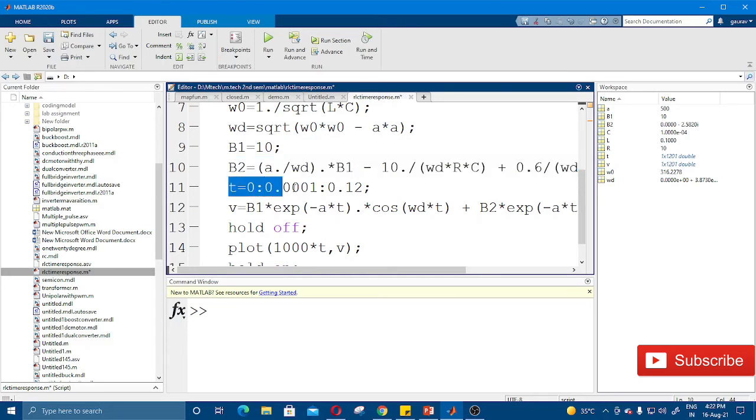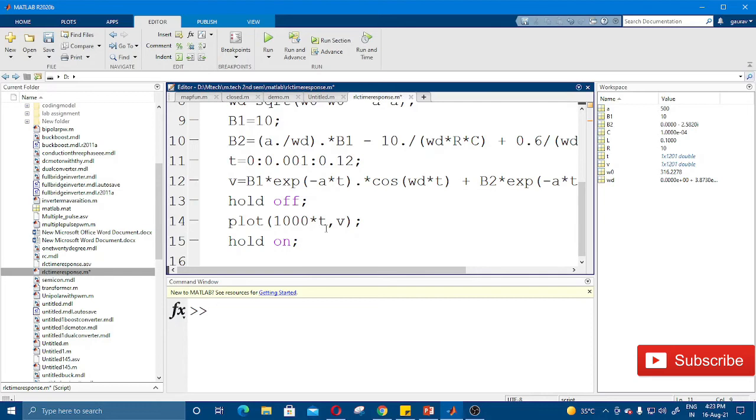For t, I am just plotting the output waveform from 0 to 0.12 seconds, and the step size is 0.0001. If you reduce the step size, then you will not get a smooth waveform, so we will check that later.